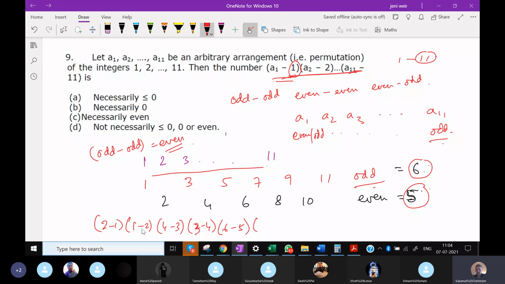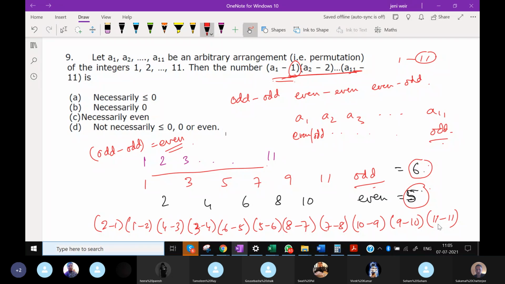A6 is 5 minus 6. Then A7 is 8 minus 7. A8 is 7 minus 8. A9 is 10 minus 9. A10 is 9 minus 10. And A11 would be 11 minus 11,